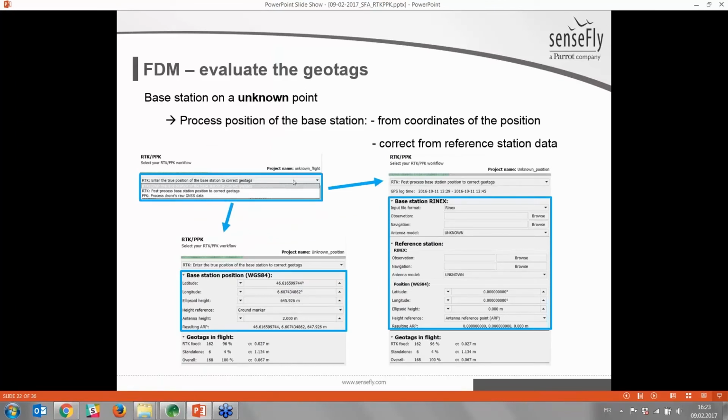Either if we flew in an unknown point, so before the flight we connected the base station and we did not specify the position of the base station, if we are using eBee Plus, we get three options. One of them is to enter the true position of the base station. This is useful, for example, if we don't know the benchmark or the point on which the base station was set during the flight, but you know it later. You get this interface where it's necessary to enter the coordinate in WGS84 of the base. Over here, you also need to specify the height reference, which is usually a ground marker. Because if we're using the base station, we usually have it on a pole, and here we can specify the antenna